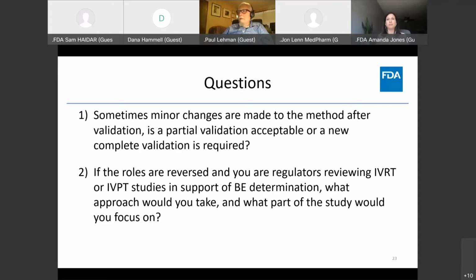Great. Go ahead, Amanda. The importance of conducting proper method validation studies is to demonstrate that the method was optimized, and ideally this is prior to validation studies. But of course, sometimes minor changes need to be made. And as you said, for an analytical method, yes, partial validation studies would be acceptable, maybe for a method transfer or a different instrument. For changes to the IVPT or IVRT method, I would say that it's a little more difficult to